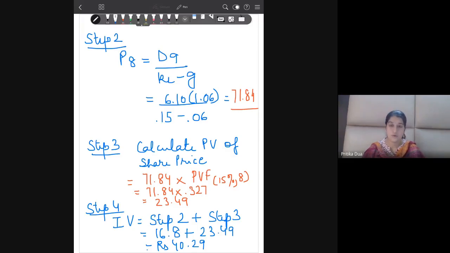Okay, so all of you please check, the solution is there on your screen. So you're getting approximately 40.29, 40.26, both are correct. There might be some difference in the rounding of decimal places, but these are the four steps in which you solve when you have a variable growth rate. Please take a minute, complete the question, and then we'll proceed.